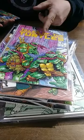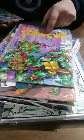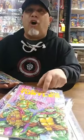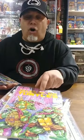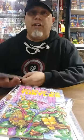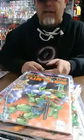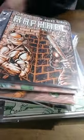By now they were millionaires, just so you know. Oh, by this issue? Yeah, toys are out, cartoons coming out. Wow. Our Turtles are gone from the original. We got the, I'm not sure what that is, Teenage Mutant Turtles, Tales of. And then right before issue 5 came out, they did a Raphael one-shot and Fugitoid,